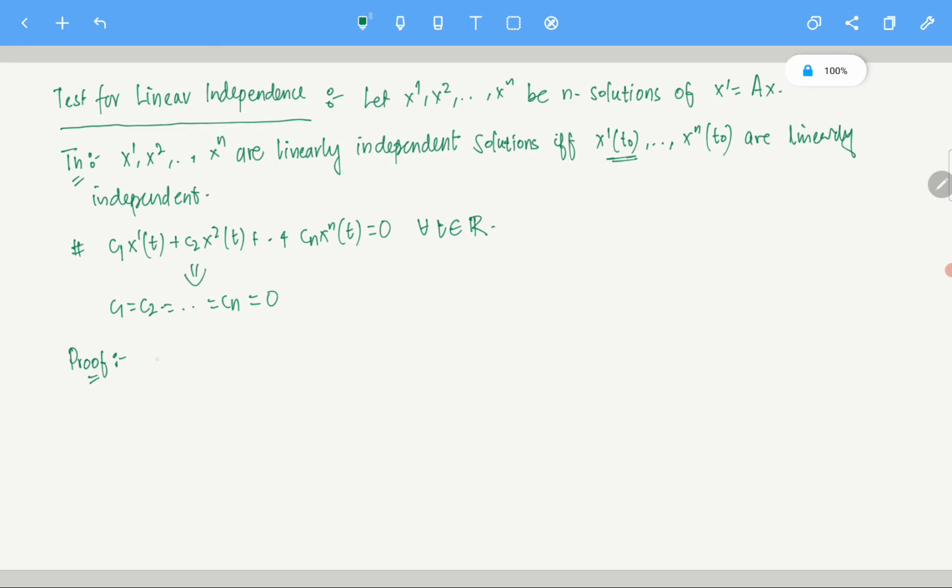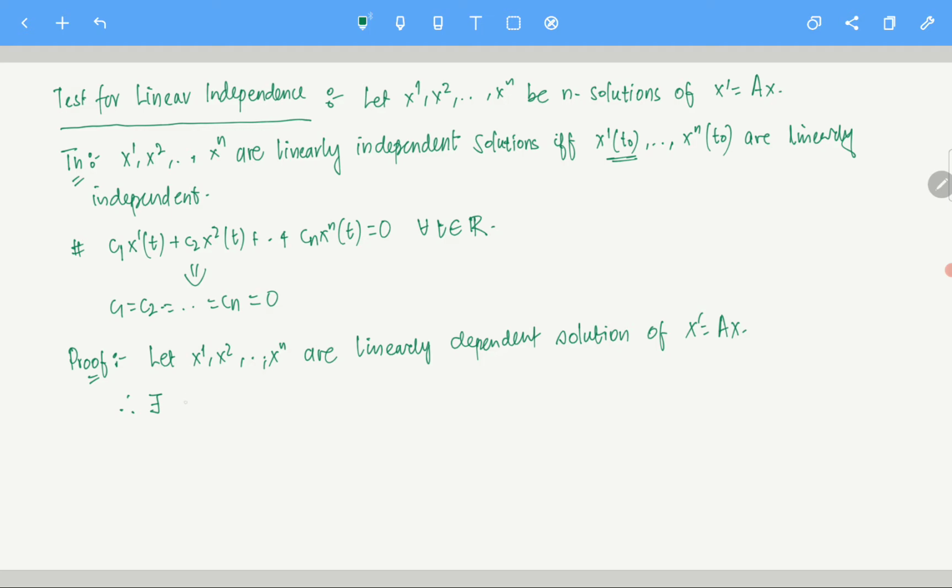So the proof. Let x1, x2, xn be linearly dependent solutions of x prime equals Ax. Clear? They are linearly dependent. So therefore there